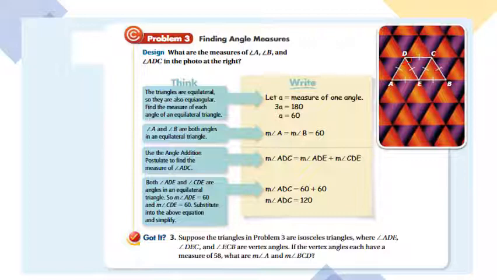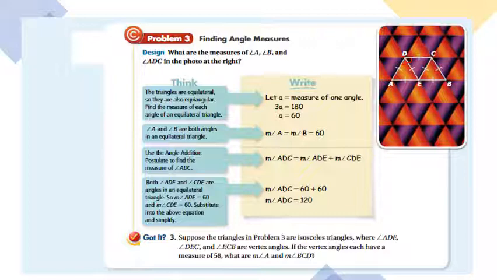Okay, let's see now. Number 3. Suppose the triangles in problem 3 are isosceles triangles, where angle ADE, angle DEC, and angle ECB are vertex angles. If the vertex angles each have a measure of 58, what are the measure of angle A and the measure of angle BCD? Okay, so let's see here. Look at this triangle,